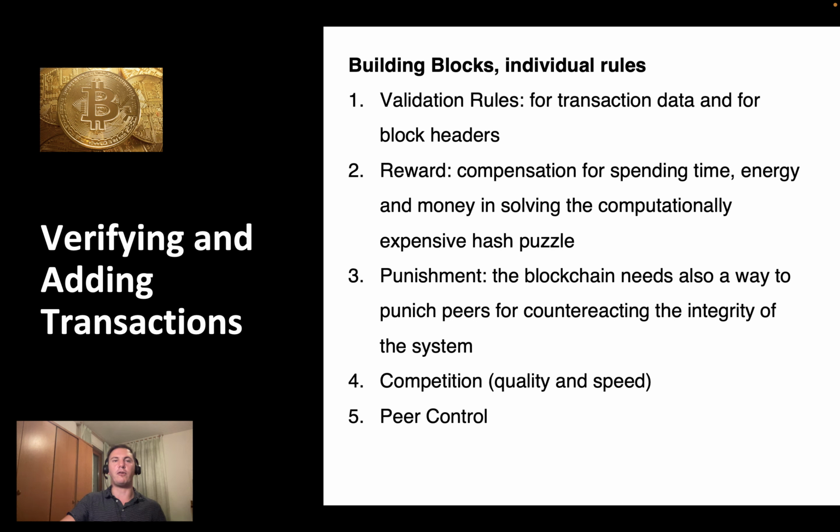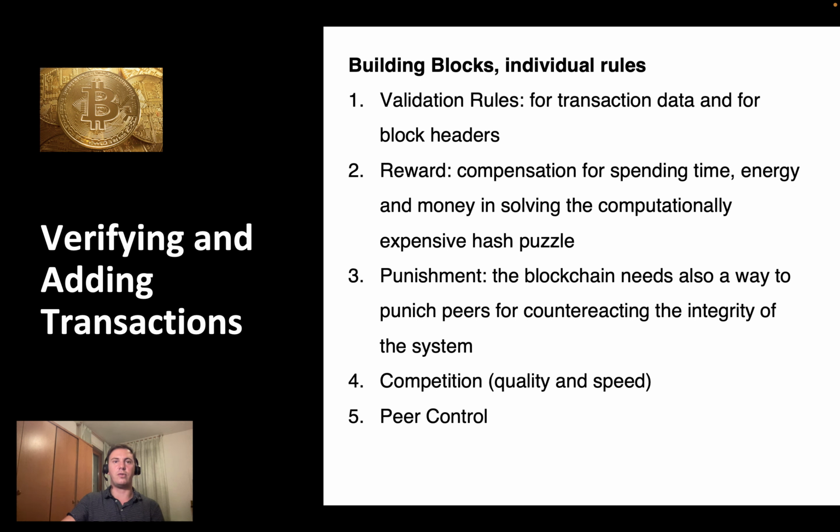There are two types of competition, speed and quality competition. The speed competition is based on a hash puzzle, with the central element of creating a valid block being the proof of work, which means solving the hash puzzle of the new block. Quality competition focuses instead on the correctness of the submitted block, with the nodes validating the new block based on the validation rules, transaction data and block headers.